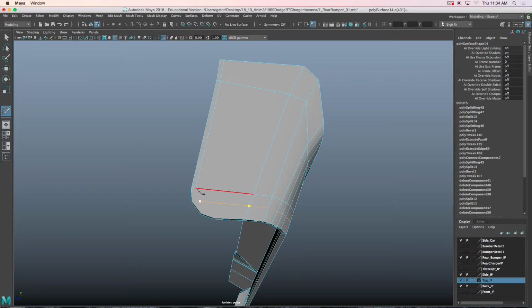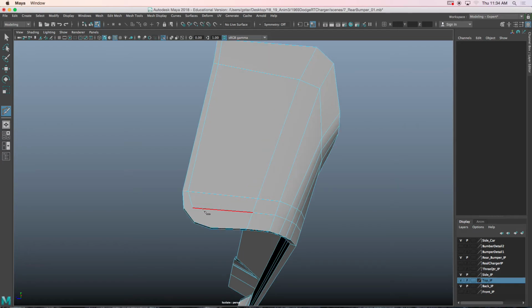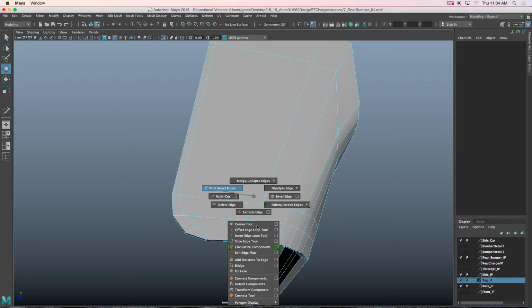Press Enter. I'll go there to there, Enter, and then from here, that point to there. And then we need to add maybe one more point there. I'll go there, one here, one there. I'll click right there, and let's add another